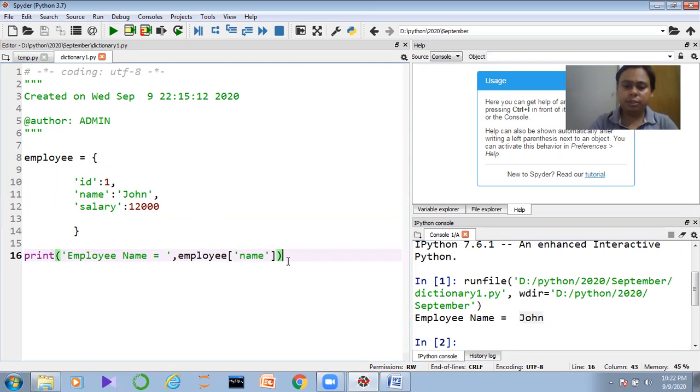Now next one. The dictionary object is a combination of mutable and immutable data. We know the list object is a mutable type of data, but the tuple is an immutable type. Mutable means it is updatable, we are able to update the data. But in the case of immutable data, we are not able to update the information.